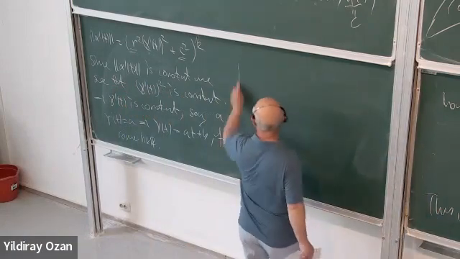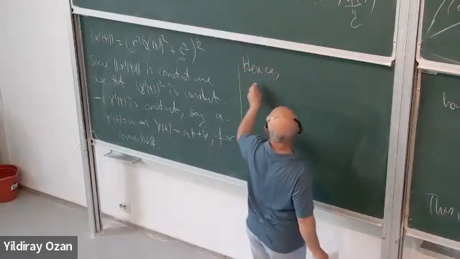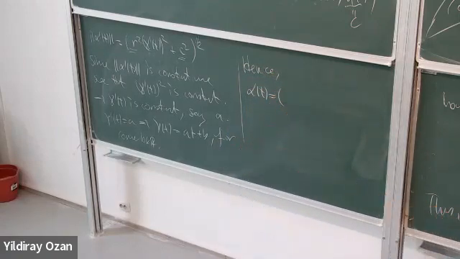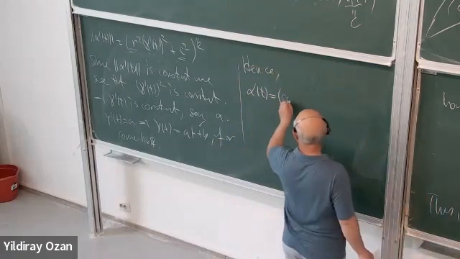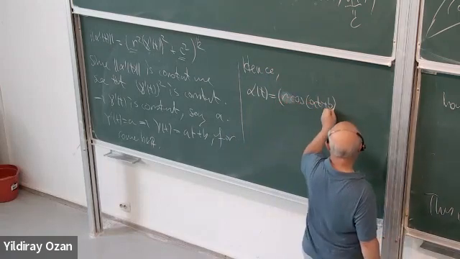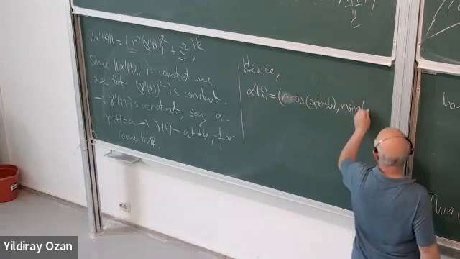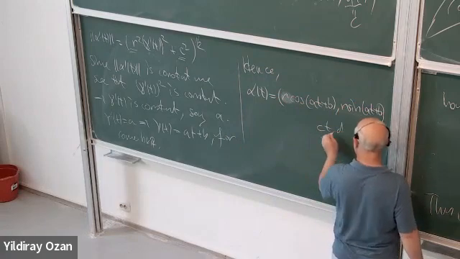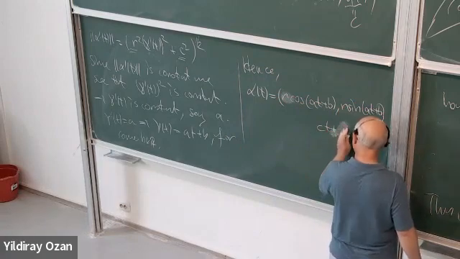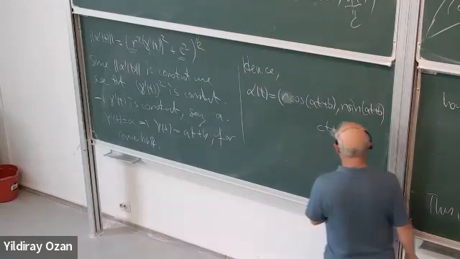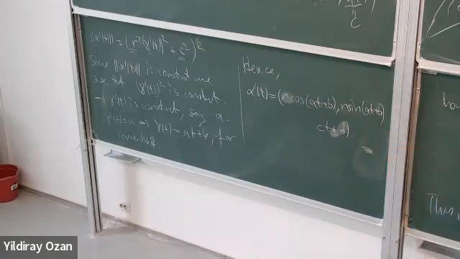Hence alpha t is just r times sine of at plus b, comma ct plus d. Okay, so we have determined